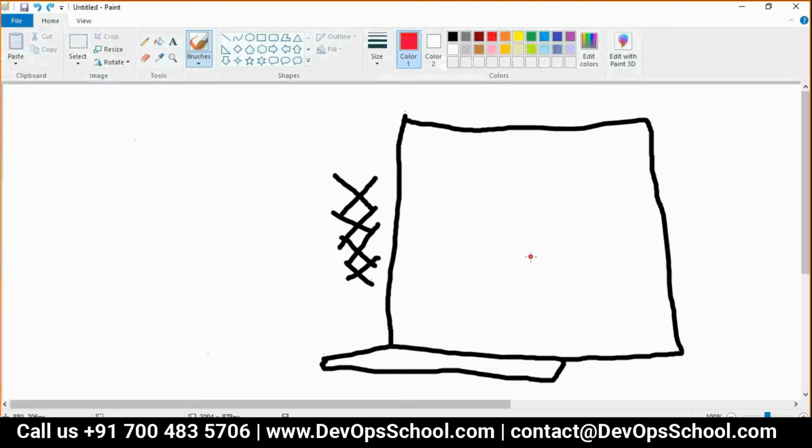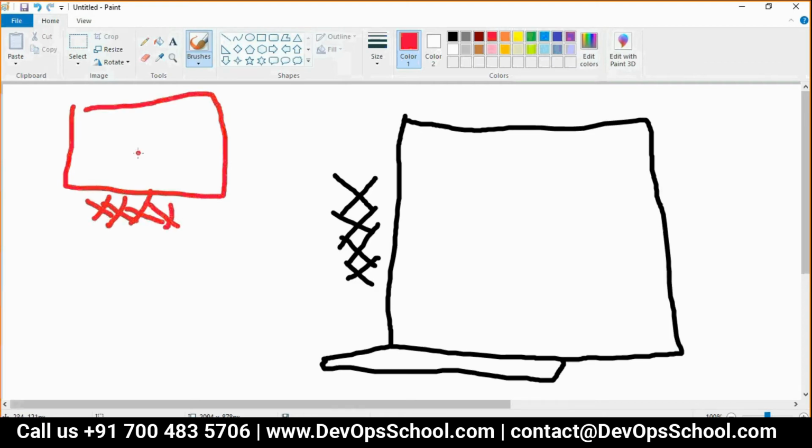Now understand that other VMs are also there. This is also a physical network. So from here, if you want to connect to here, yes, you can do that. Now these are the containers.